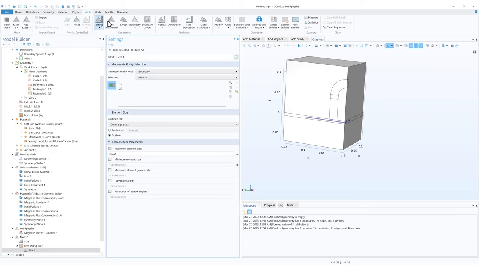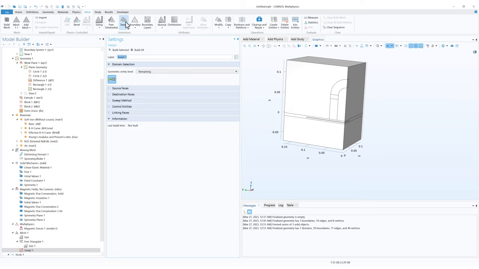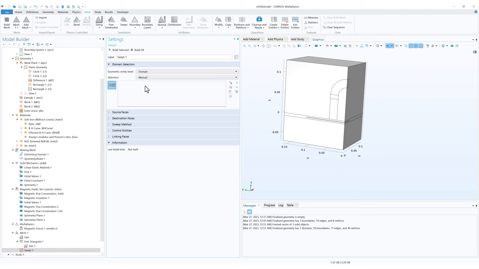Now in the mesh, click on swept, in the domain selection region, click on domain,